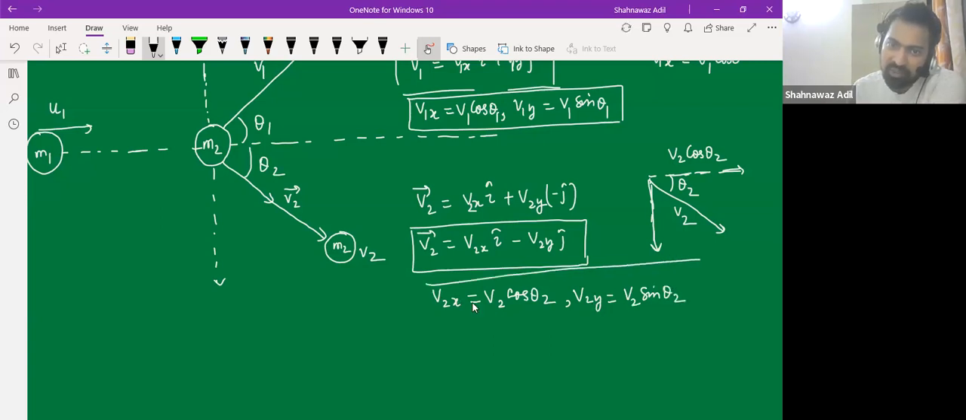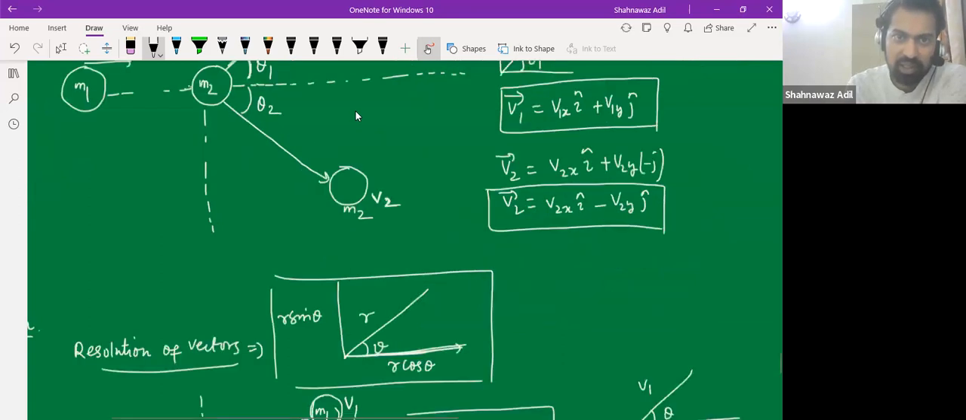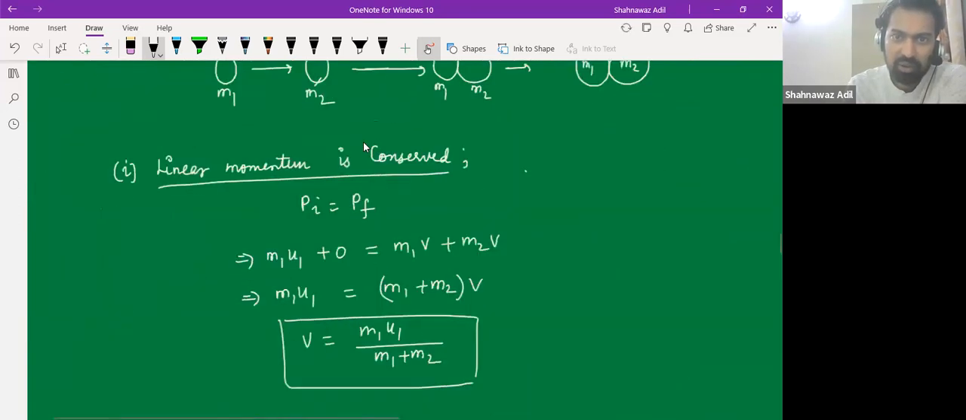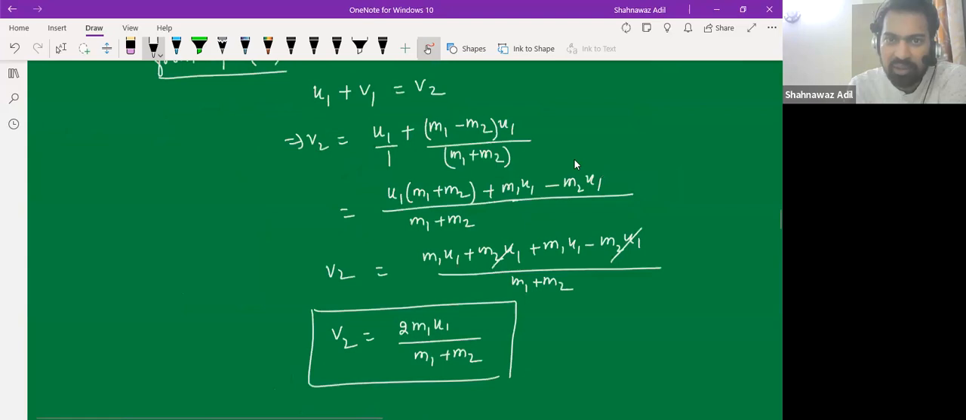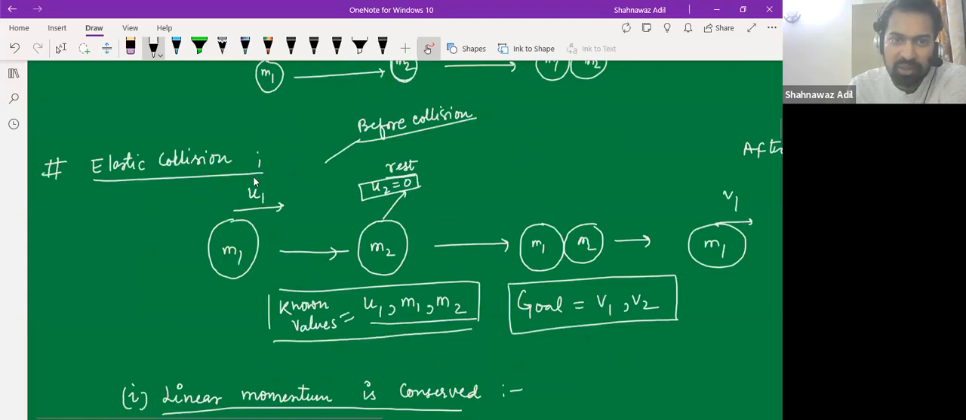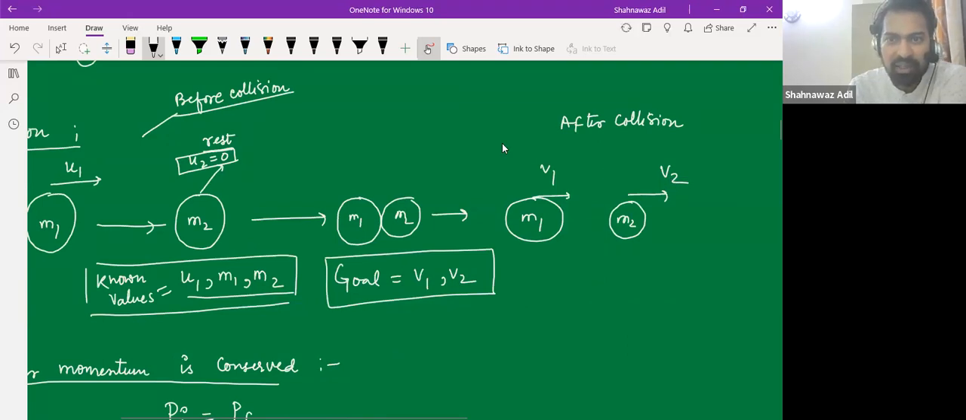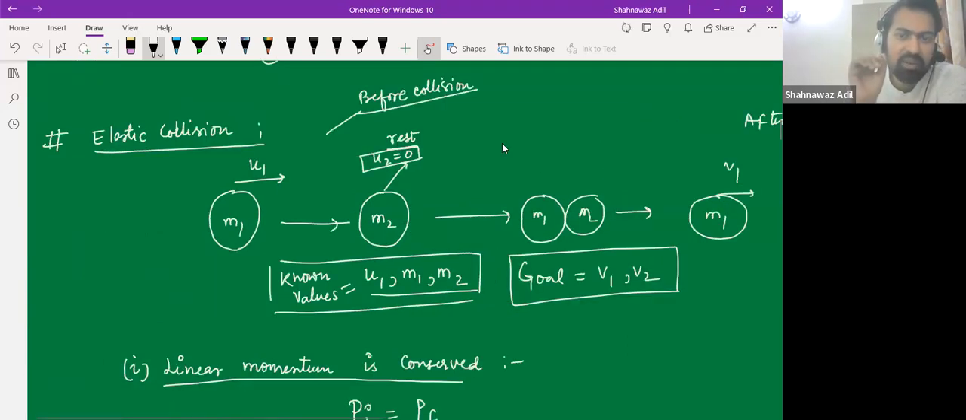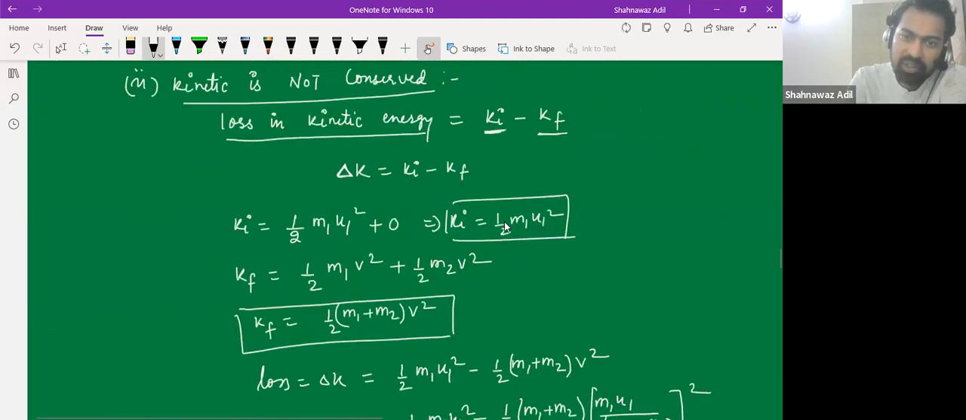So these are the information that we have in two dimensions. In the earlier case, it was only in one dimension. All the velocities were in the same dimension. So this was u1 and this was v1 and this was v2. All had x direction. That is why we didn't write the y portion. But for the case of two dimensions,